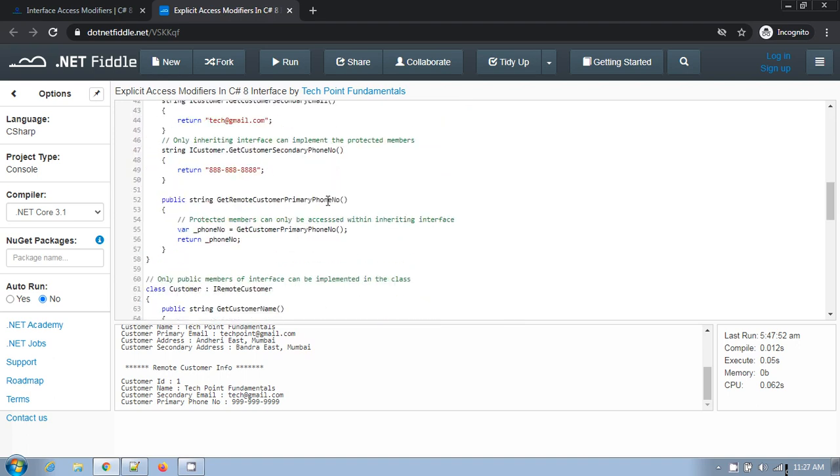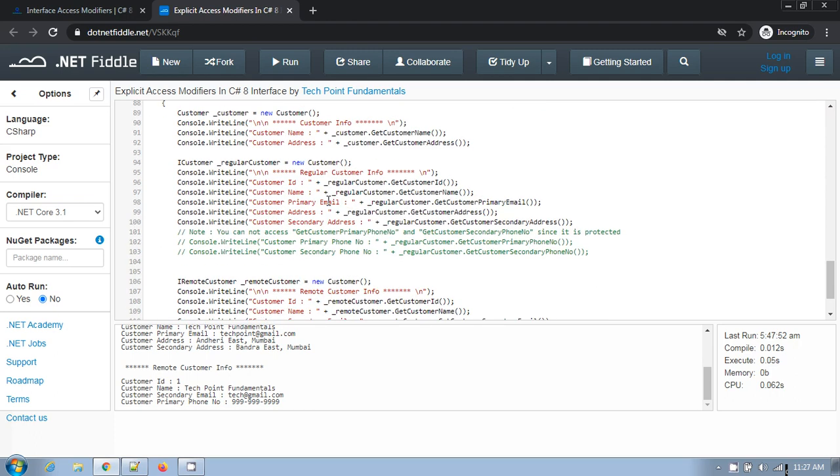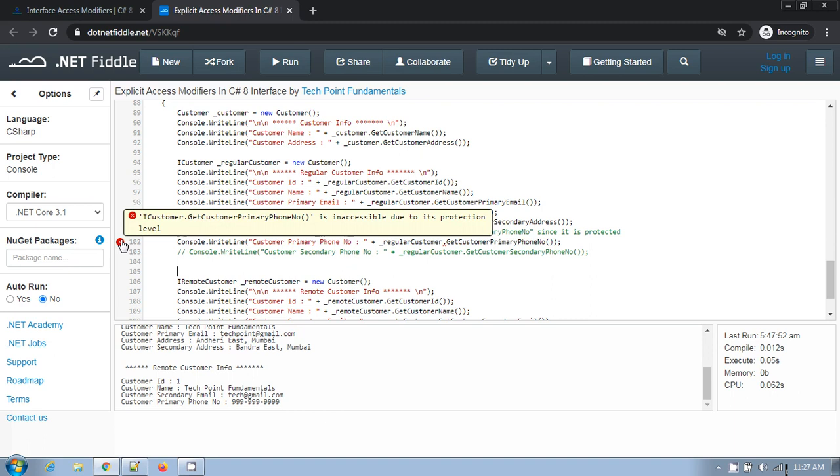If you see here in the main method, the primary phone number, you can't access this directly. Suppose you uncomment this code, then see what happens. You will get a compile time error: this member is inaccessible due to its protection level.